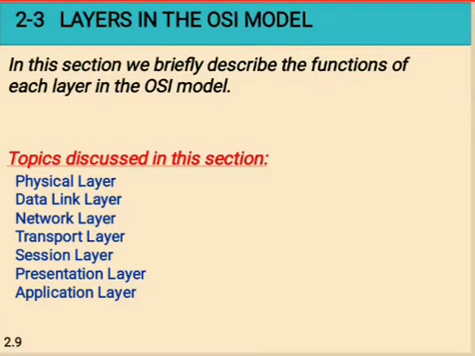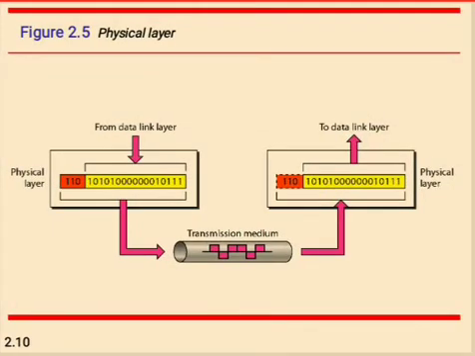Hello student, let's begin the OSI reference model. In the last video, I explained in total how many layers are present in the OSI reference model. Of those 7 layers, I explained what the physical layer is. The physical layer has the functions of bit synchronization, bit rate control, physical topologies, and the transmission mode.